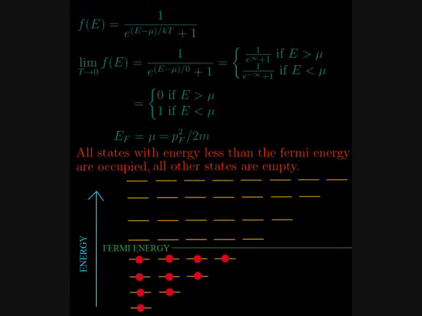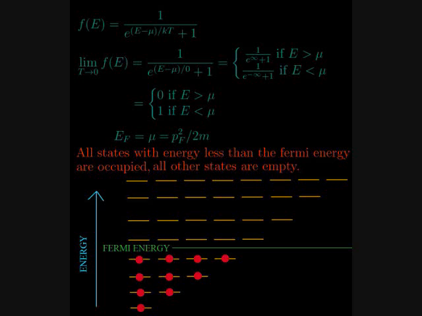So what we want to do is find what the distribution function is at 0 Kelvin. So write the distribution function at the top of the screen. It's just the fermion distribution function. That just basically means that the fraction of states with energy E that have a fermion is 1 over e to the energy minus the chemical potential over kT plus 1. We care about the limit that the temperature goes to 0. So as you can see,